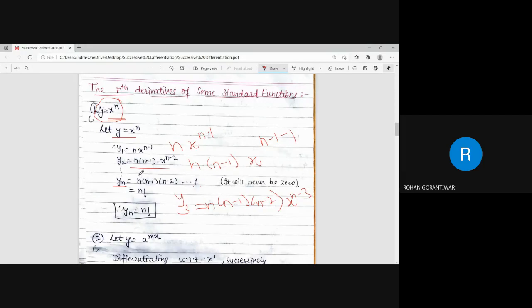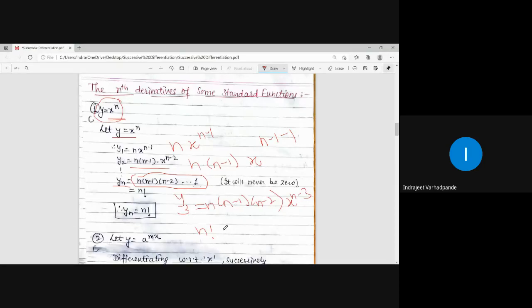But what does this resemble, or signify? n into n minus 1 into n minus 2 up to n minus 3, n minus 4, dot dot dot 3, 2, 1. That is representing the factorial notation. Have you heard about the factorial notation before this? Yes, sir. You all know? Yes. So this represents what? This represents the value n factorial.